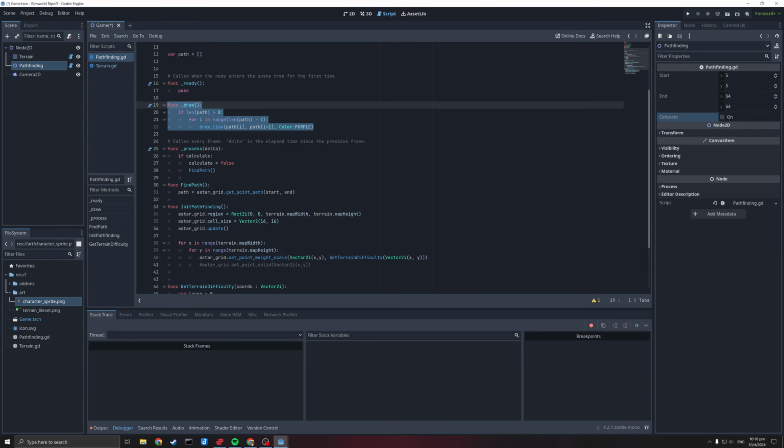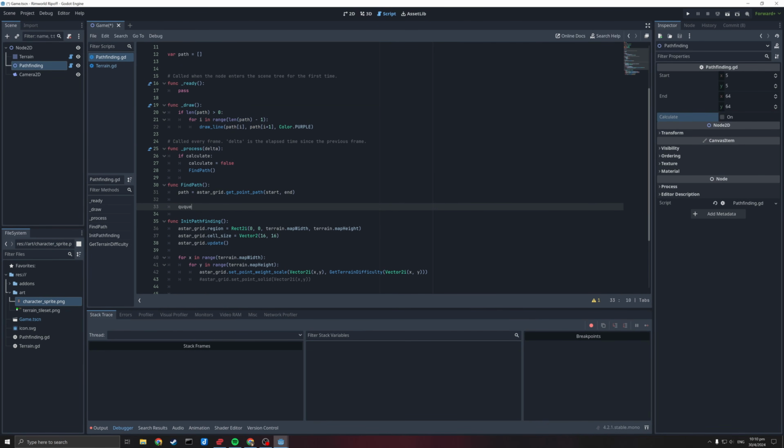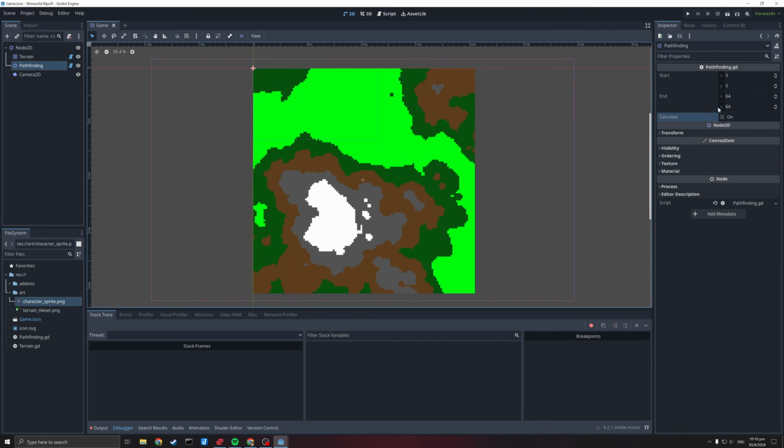It's still going to draw the path, but nothing is telling it to call again. So we need to tell it to. So what we'll do is after we find a path, we'll just go queue redraw, and that will tell Godot that it needs to run draw again, at least in its next draw pass. So when I press calculate now,